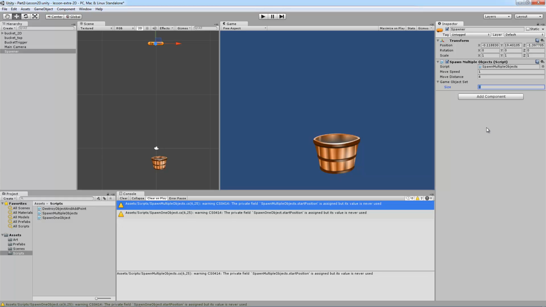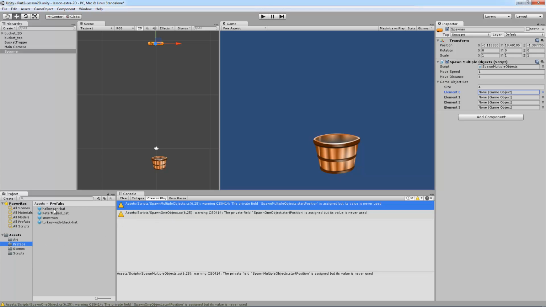Now, this gets a little confusing. That means it's actually a size of 0, as opposed to a minute ago where we said object 0, which is actually the first object. What we're going to do, I'm going to go ahead and put in 4, and so this is a size of 4, and that's a human number, so 0 actually means 0, and then you've got 1, 2, 3, and 4. And you've got elements 0, 1, 2, and 3, and so that's where the code makes sense. We're asking for element 0. Now all 4 of these say game object, none. Well, we're going to start